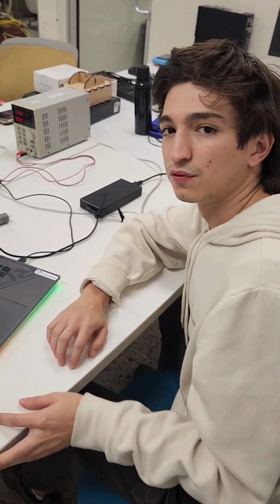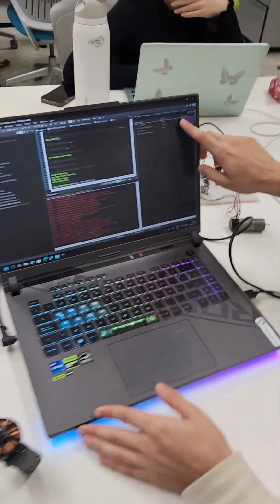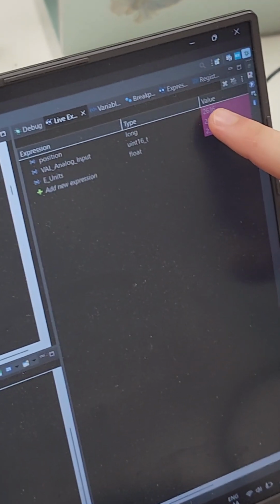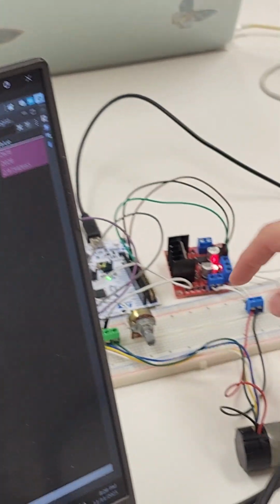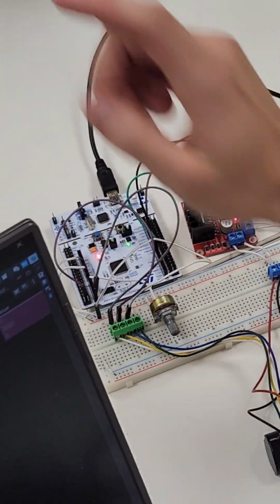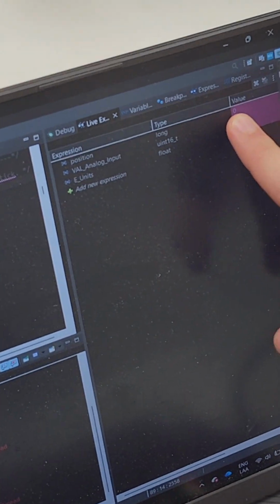Hello, my name is Luis Carlos, and this is a small appendix to the activity 2.4. We can see here we have a certain position in the debugger, and we can see that when pushing the blue button, the value of the position goes directly to 0, and we achieve that